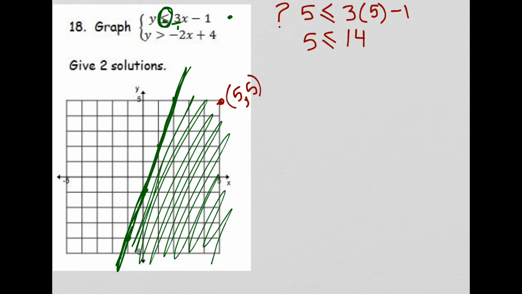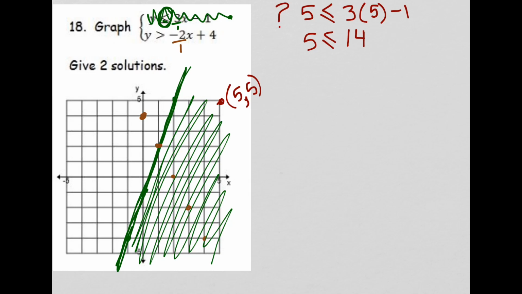Okay, I'm finished with that first inequality, and I'm going to ignore it. Pretend that's not even there. I'm going to do the second inequality in a different color. So y is greater than -2x plus 4. I'm going to start at 4. My slope is -2 over 1, so I'm going to go down 2 over 1, down 2 over 1, down 2 over 1, and I can see a point where these two lines intersect, but I'm not interested in that